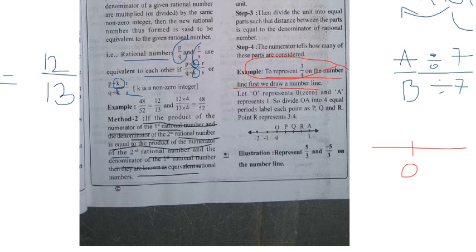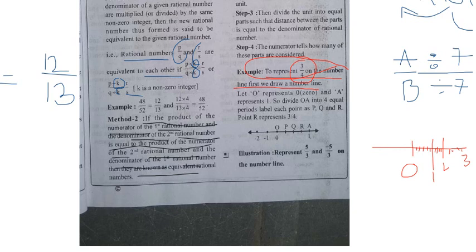Here they are writing in between the 0 and 1: 0.1, 0.2, 0.3, 0.4 like that. Here there is a 1, and again like a scale, guys. Here 5 and here 2, like that. Here 3, but they are asking about 3 by 4. So can you represent 3 by 4 directly on the number scale?